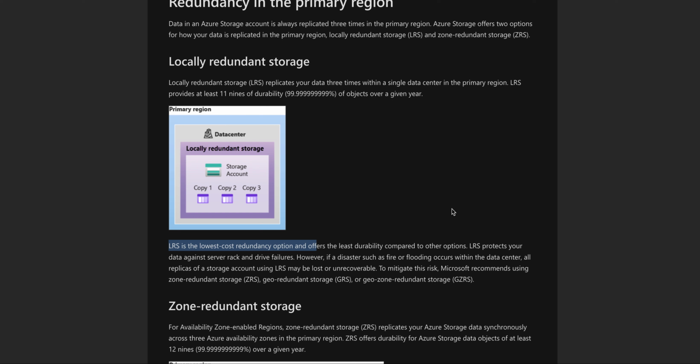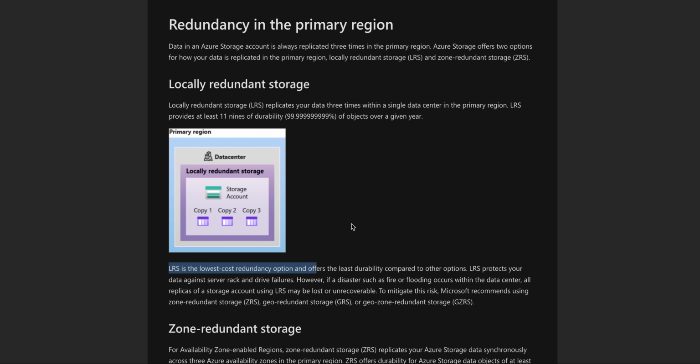In that case, you can still use the other two copies, but it won't help if the whole data center fails. If we have some flooding or fires or whatever happening, it's not recoverable. So what Microsoft recommends is using other options like ZRS, GZRS, or GRS, right? And locally redundant storage is the least durable